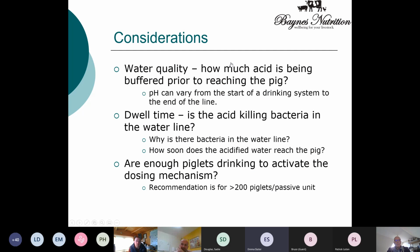Now, we've talked about water quality, but we also need to think about the hardness of the water, because once we acidify water, if it's coming from a limestone aquifer, this can buffer the amount of acid that's there. So even though we might be looking for a pH of 4 within our drinking water, 3.8 to 4 pH in drinking water once we've acidified it, by the time we've actually got to the end of the water line, because of the amount of limestone that's present in that water, it's been buffered. So by the end of the drinking line, we might be at a pH of 7. So we have to really think about water quality and knowing what's happening as far as the acidification process is